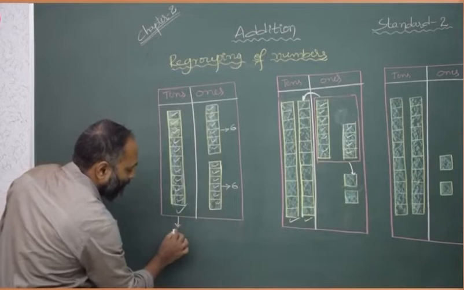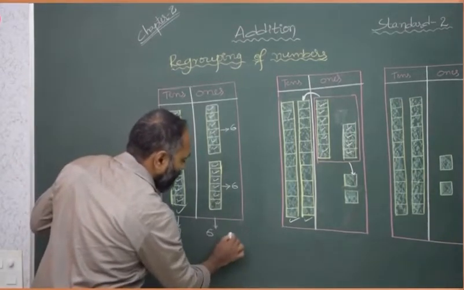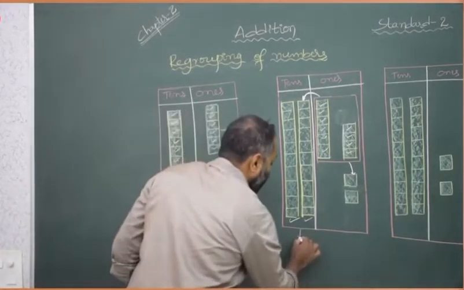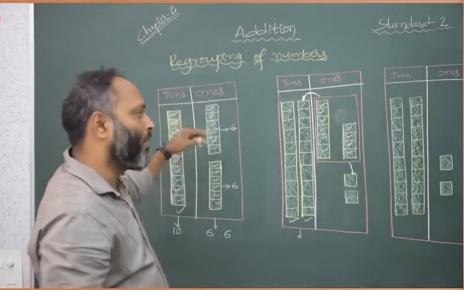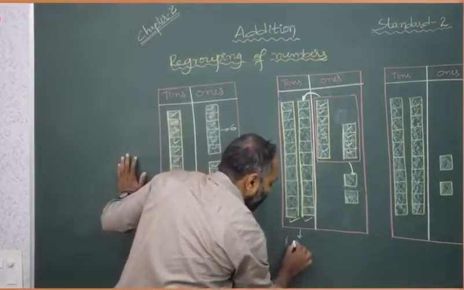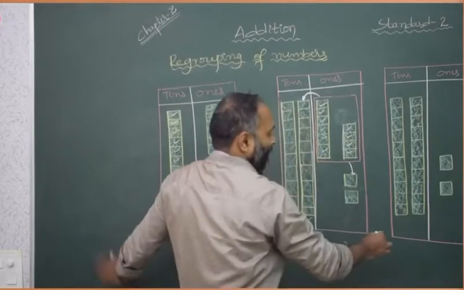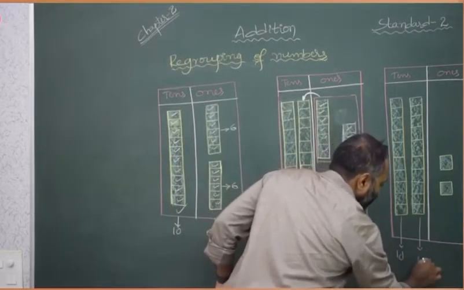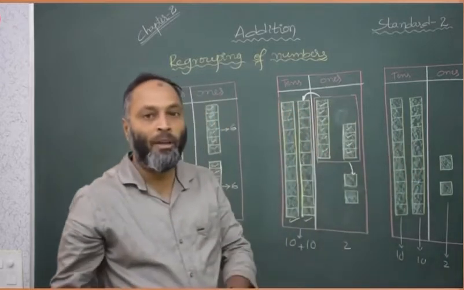Here we have 10 sub blocks, and here 6 and 6 sub blocks. These sub blocks we make into one complete tens block. That's why we get 10 and 10, 20, and here 2 left. So what happens? Here 10, here 10, 20 and here 2. Total 22. We are preparing like this.